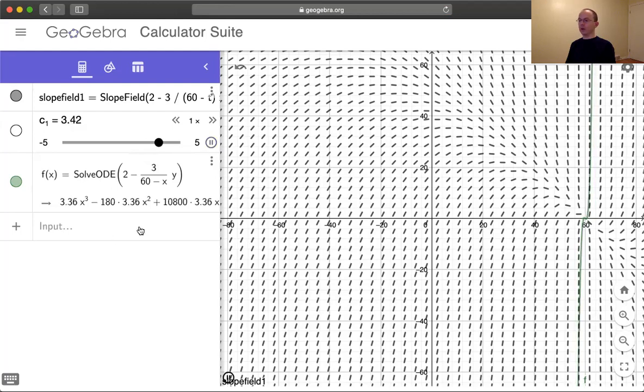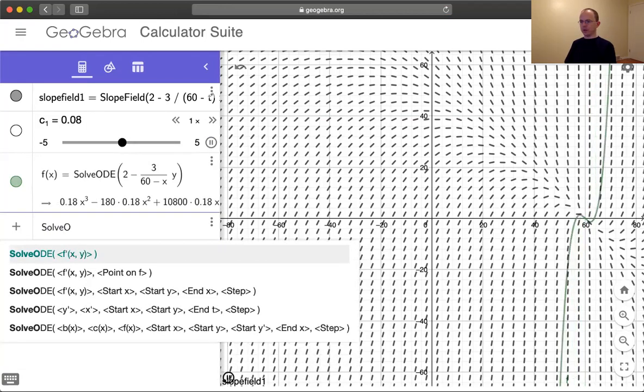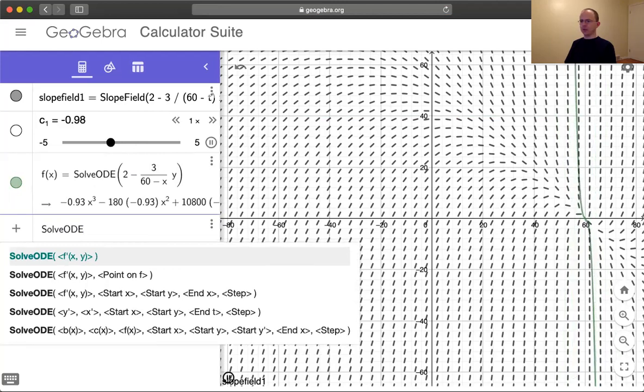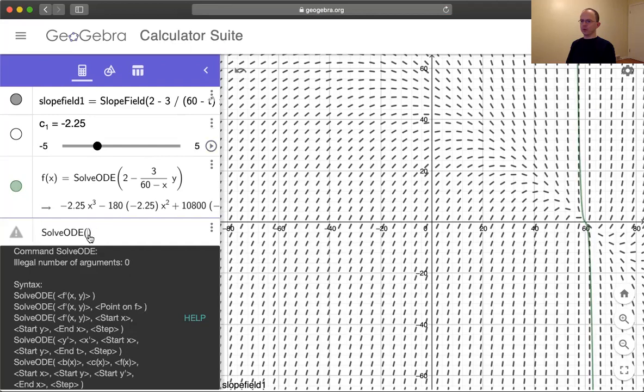I don't know if much is going to change by changing the c value here. Just let that play. What we're interested in is the solution of this differential equation. Oh yeah, okay, so that's doing something. So we want the solution of this differential equation when,